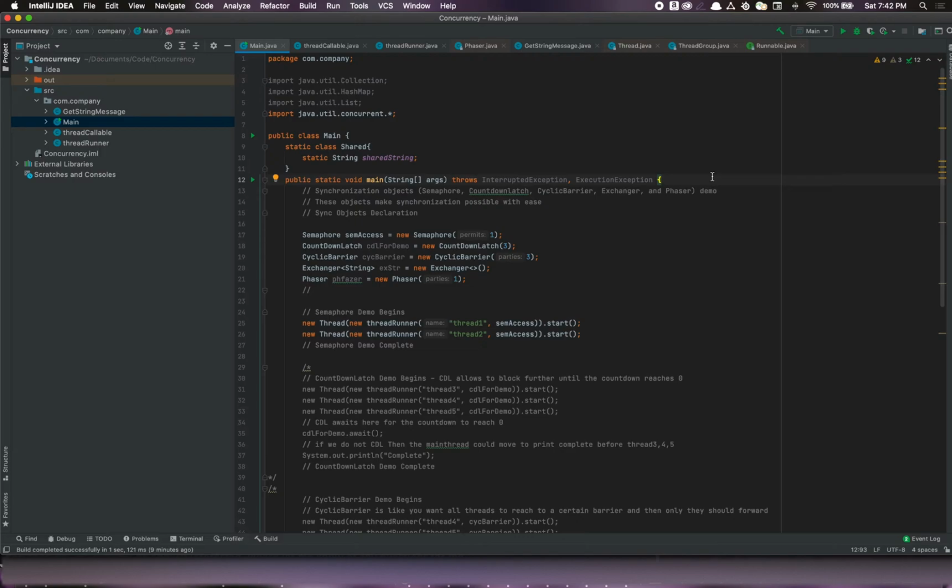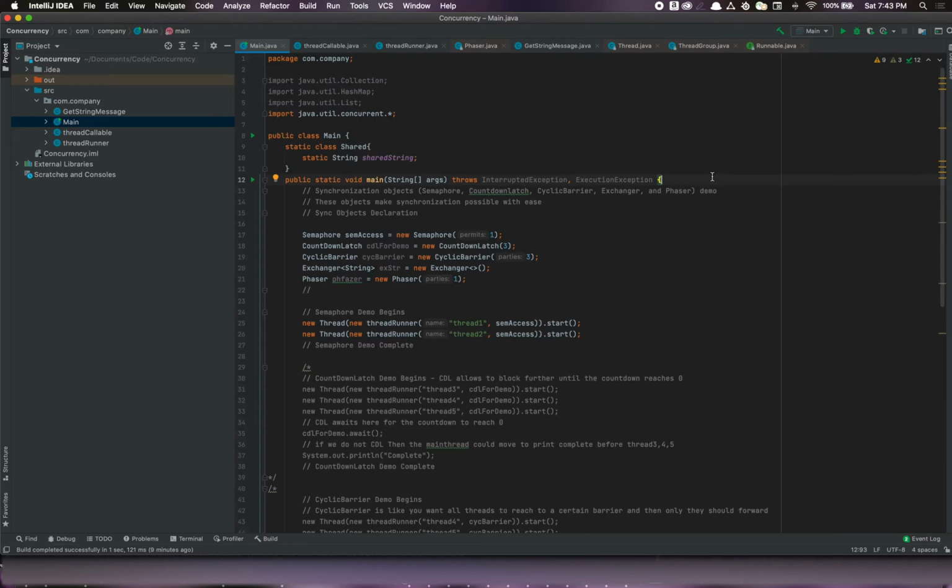Imagine in this case, some customers might get a message on the application saying that the seat has been booked to them. However, in the back end, that seat might have been booked to someone else because you are not doing proper locking and synchronization on the shared resource. So that is why you need to spend time if you have a multi-threading application which is updating shared resources. And that is where these synchronization objects that I'm going to talk about in a series of demos are going to be very helpful.